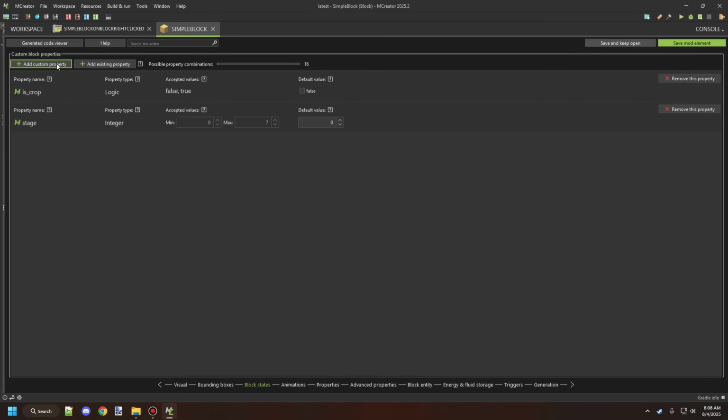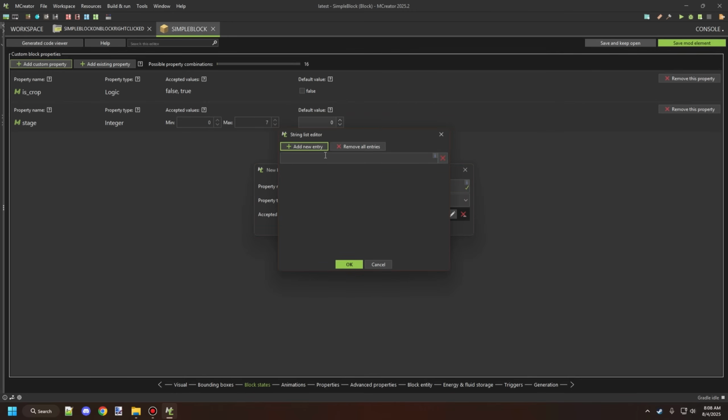I have a tutorial on making custom block states, so I'll link to that, and you can check that out if you're interested. The last one we have is enums, and this one's a little bit different. So maybe we want to set something like stage, or no, we have stage. So we would want type. Let's just make something generic like type, and then we click the edit button,